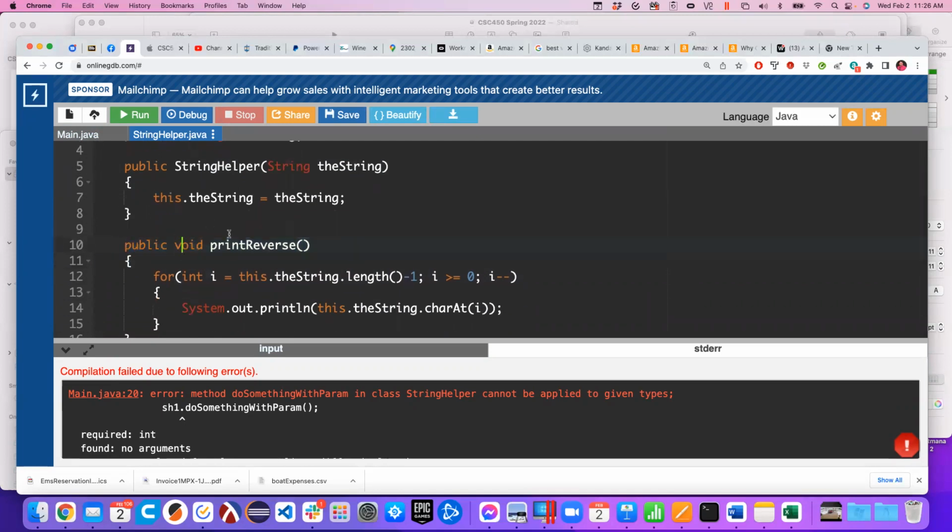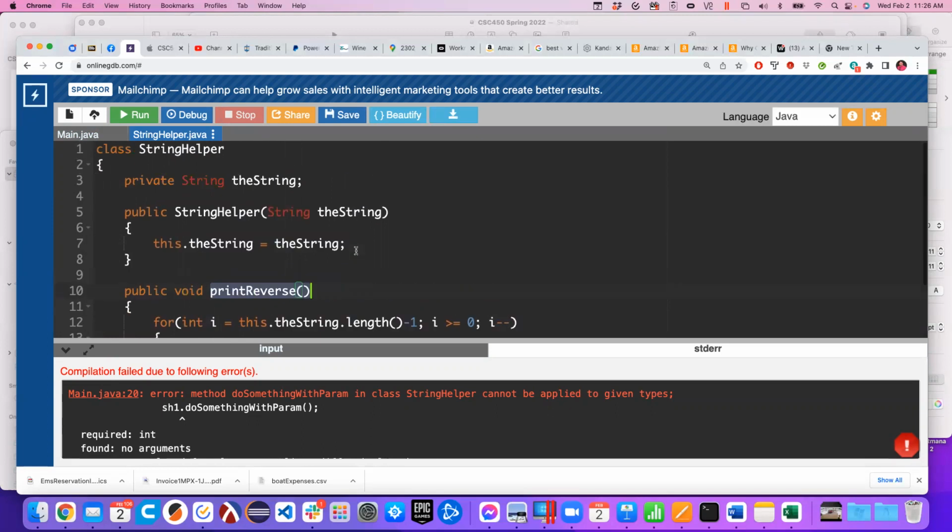Now, since these functions are going to operate on the field owned by this class, we're probably going to make these functions instance functions, non-static functions. Because when we call print reverse,